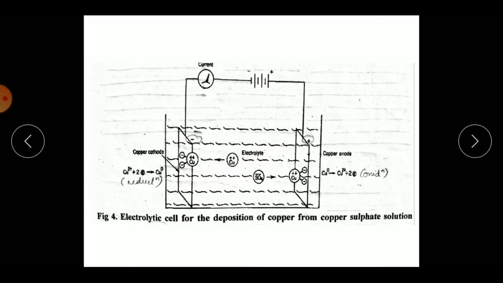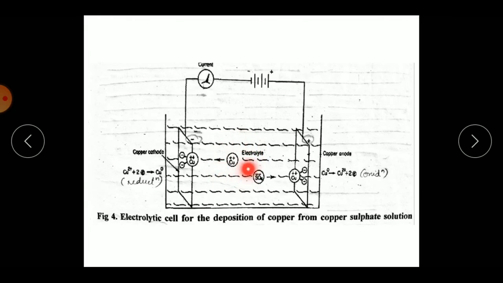In order to maintain that composition of copper there, from this anode copper 2 plus will get into the solution. So here the reaction will be in this form, that is copper 0, that is of the metal in your anode. So that will get converted into copper 2 plus and 2 electrons. So here there is a process of oxidation that is taking place.